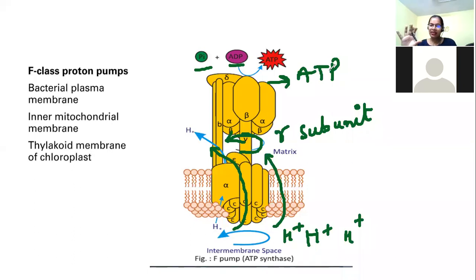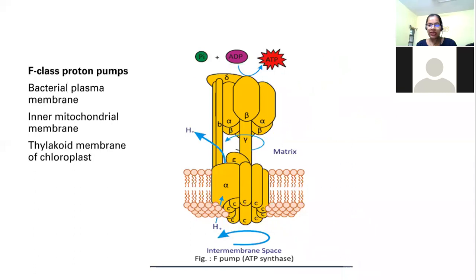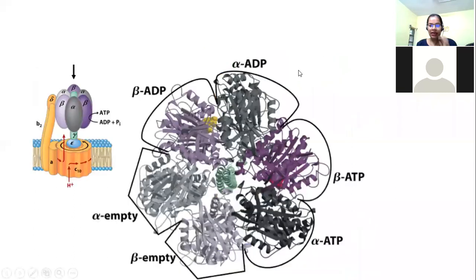Is this much clear? Because I need to go into more detail. Can someone tell me this much is clear to you? Yes, ma'am. Okay. Now what I want you to see is another figure, a little bit more complicated. So slowly, I'm just building the concept. It's a very beautiful concept.